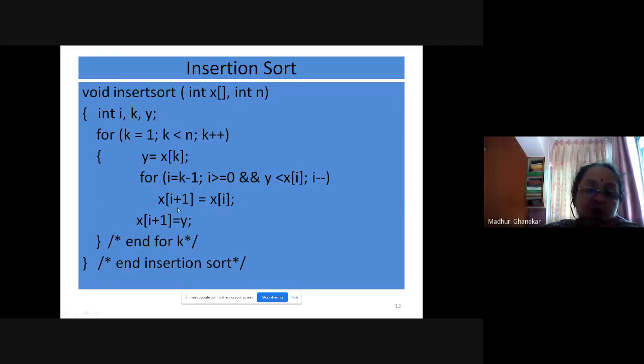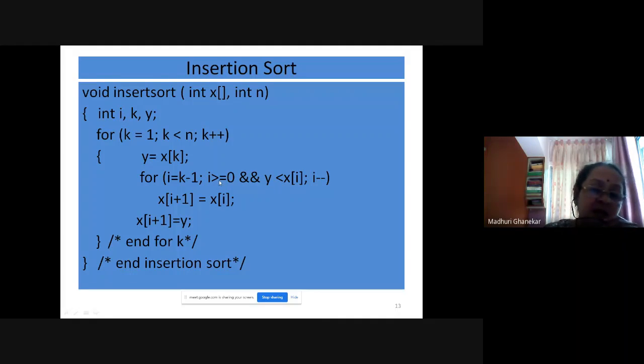Our program will be able to recognize that the given data is in the required sorted manner. It will skip this loop. The second loop will be skipped. This will not be executed. Why do you think it will not be executed? Because we have put 2 conditions, and which condition will fail?